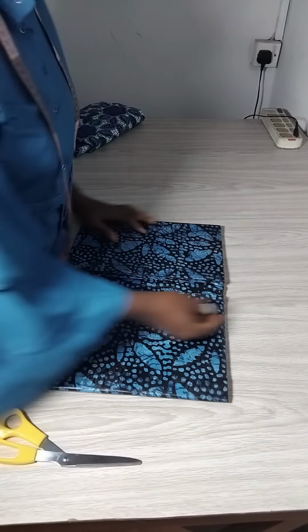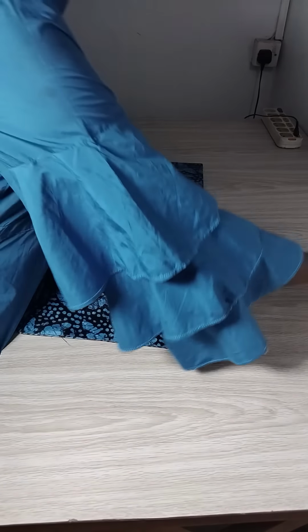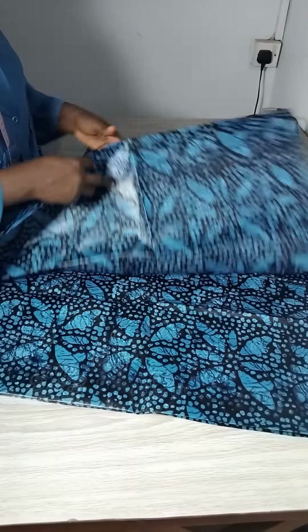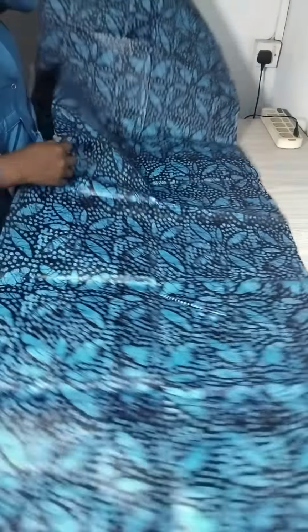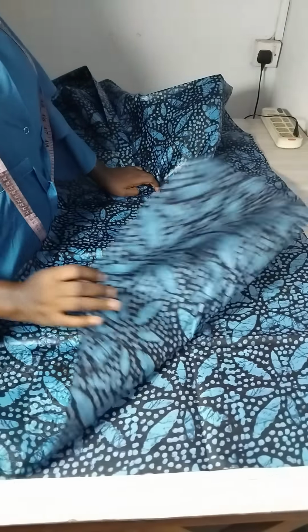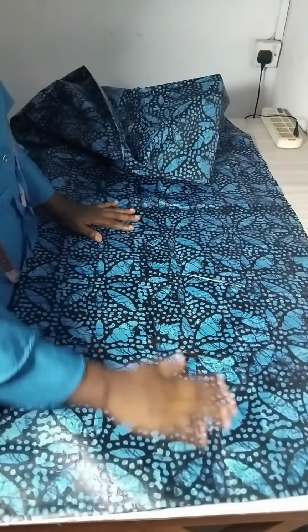Now to start, this is hadure. Hadure fabric usually comes in 5 yards. We have it folded into 2 already. So I have the fabric folded into 2 already, and the fabric is folded into 2 from the factory, like this. So I'll be